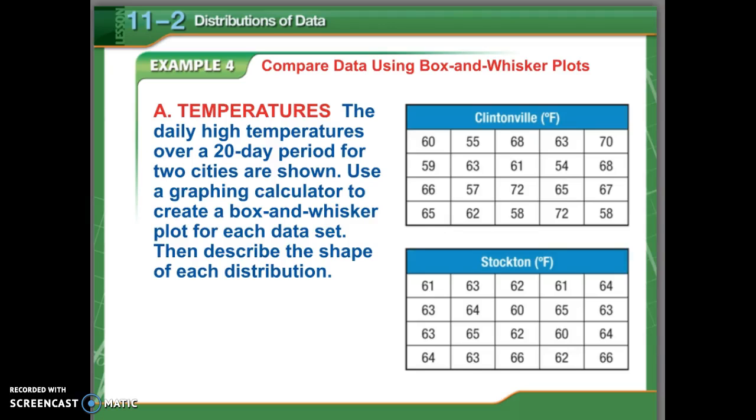We are picking up with example 4 out of Unit 5, Lesson 2 on distributions of data. This one is about comparing data using box and whisker plots. Part A says the daily high temperatures over a 20-day period for 2 cities are shown. Use a graphing calculator to create a box and whisker plot for each data set and then describe the shape